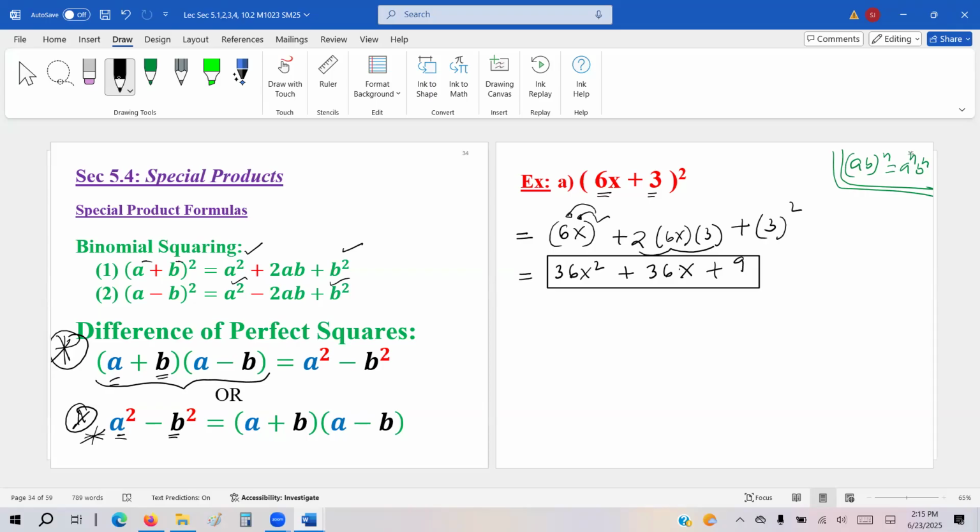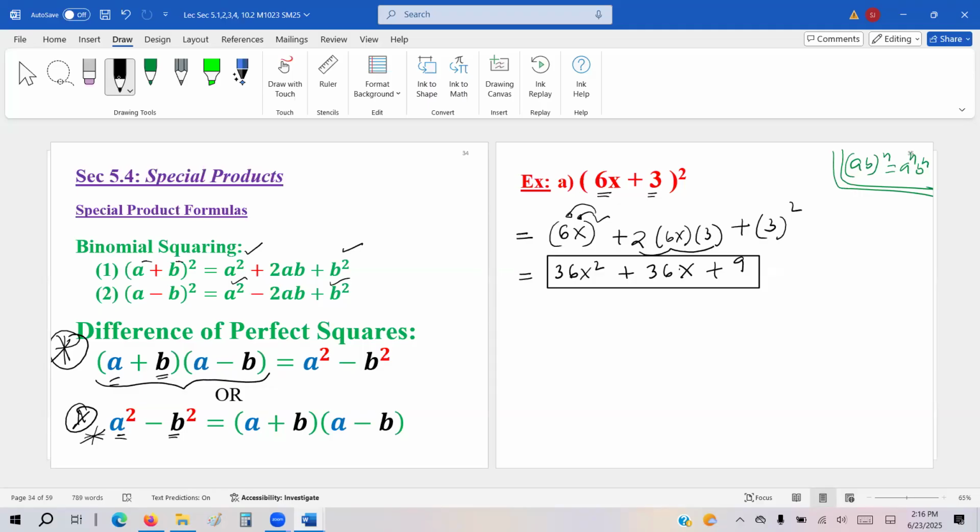If you want, you don't have to do the middle line, if you can do it mentally. For example, we know first one squared is 36x squared. 3 squared is 9, and then their product is 6 times 3 is 18. Double of 18 is 36. So if you can do it mentally, you don't even have to write the second line. You can do everything mentally. That's why this is a cool method, because for distribution, you have to use FOIL, combine like terms, rewrite, 3 steps. But here you can rewrite it in one step.